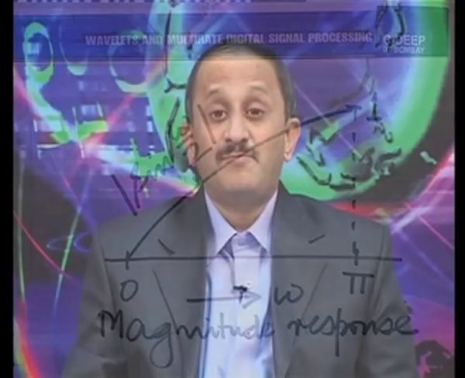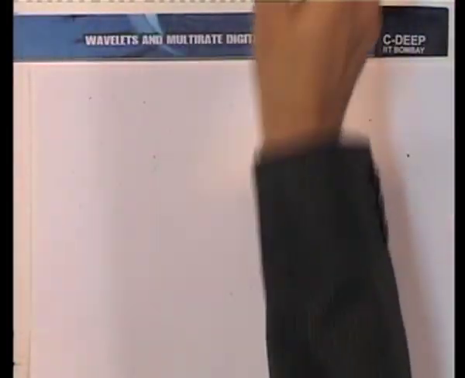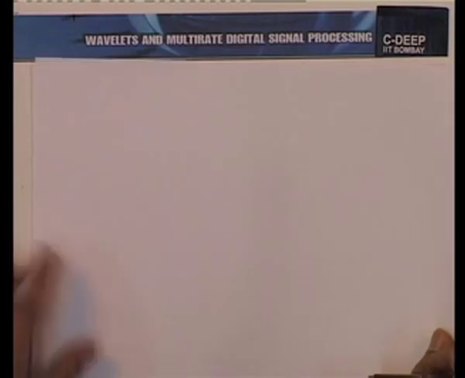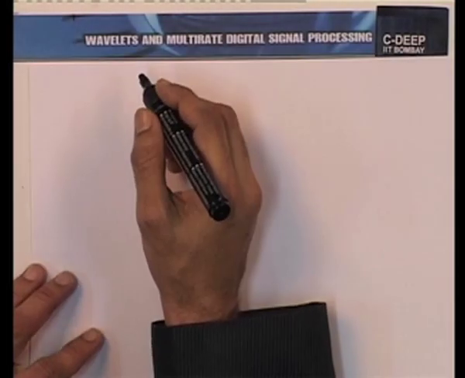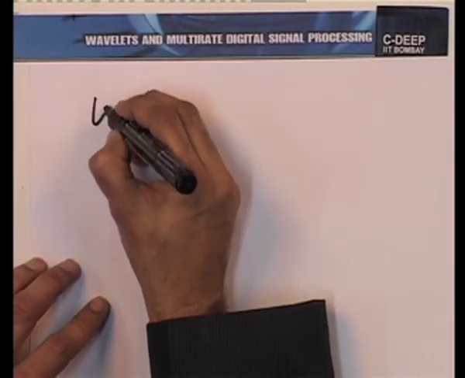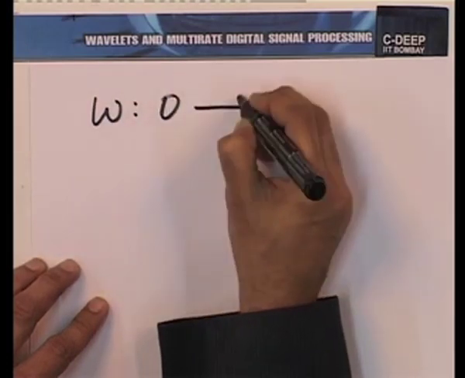Now, for the phase response. Please remember, last time we had a convenient situation. We had two terms, one of them contributed no phase, the other one contributed a phase. So, we were comfortably put. This time we have to be a little careful. So, let us make life easy by first looking at only 0 to pi. Remember, we are going to have conjugate symmetry. So, let us consider omega from 0 to pi,